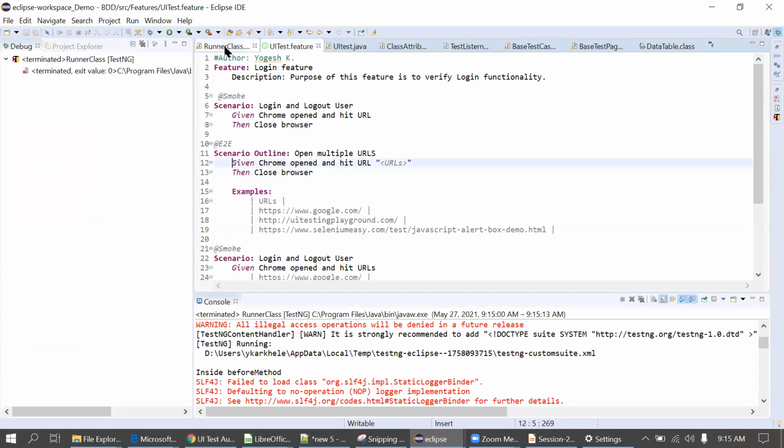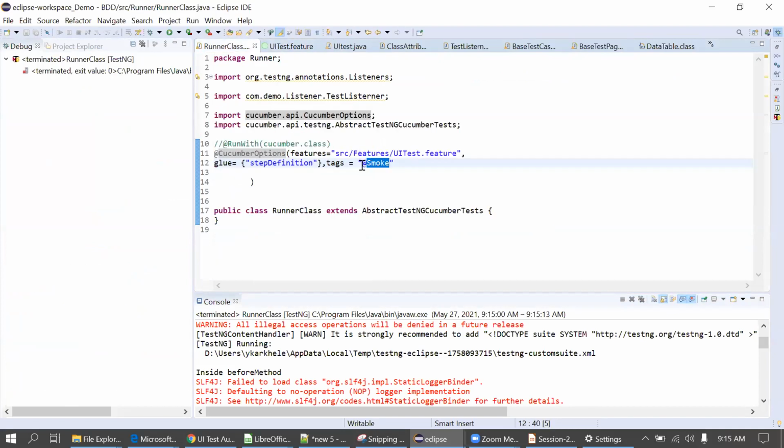Now if we don't want to execute the smoke, and apart from smoke I have to execute everything, then I will simply put this negation mark here. I'm just searching for the negation on my keyboard. Yeah, I got it. So what it will do is ignore the smoke, and apart from smoke, it will execute everything.